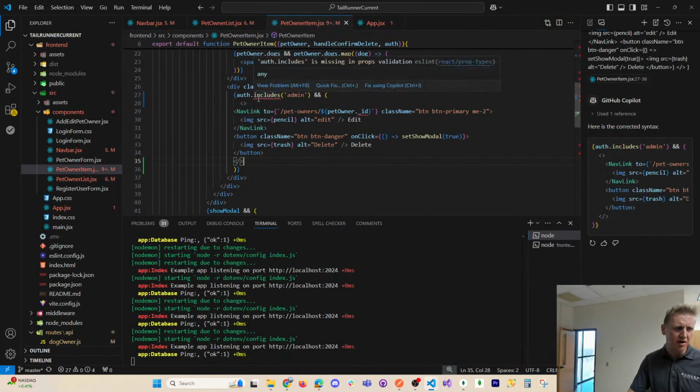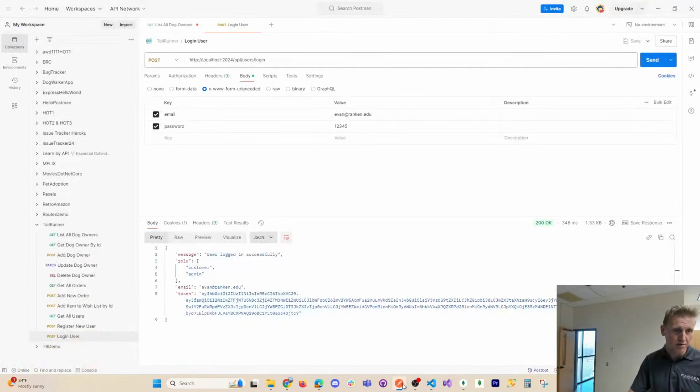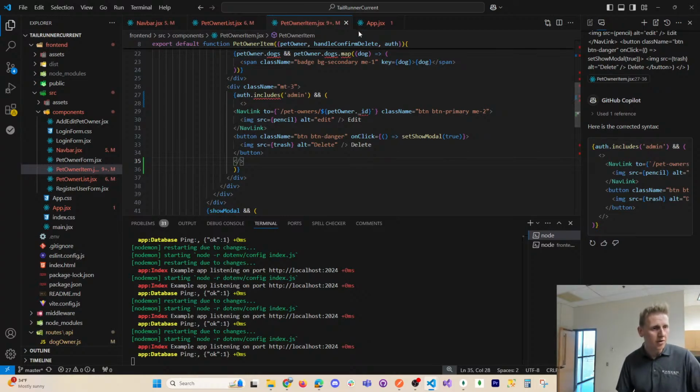Oh, wait a minute, it's auth. So that's clearly not working. Dot role. It's auth dot role. Let me go back to my nav bar